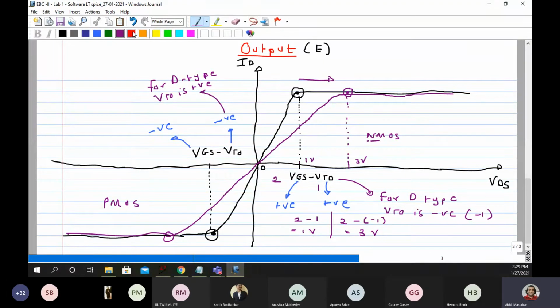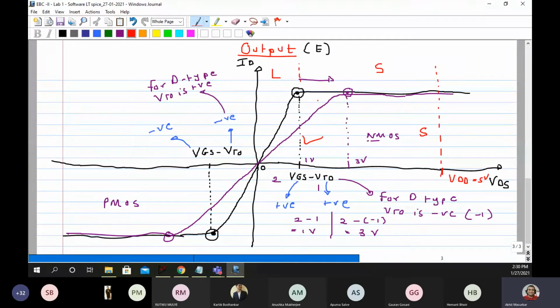Okay. Now you can see that for a NMOS, this was linear and this side was saturation. But for a depletion type, the linear is now becoming bigger and this is your saturation. For both the devices, the cutoff will be that no voltage can be more than VDD. So let us say VDD is just 5 volts.